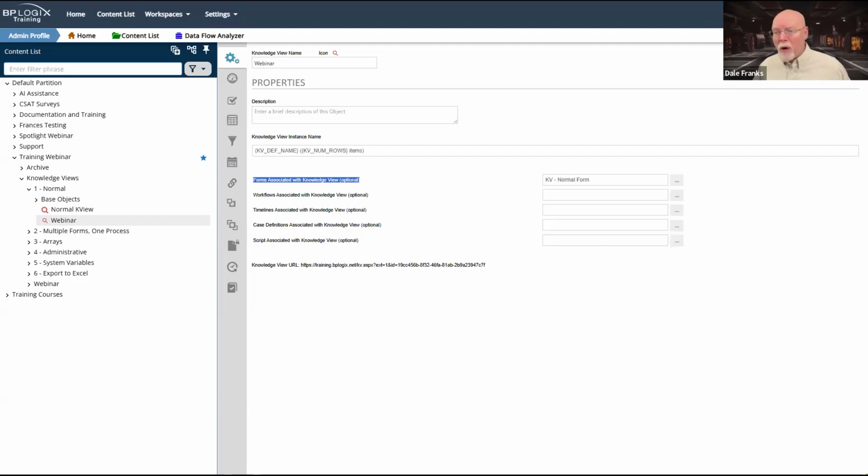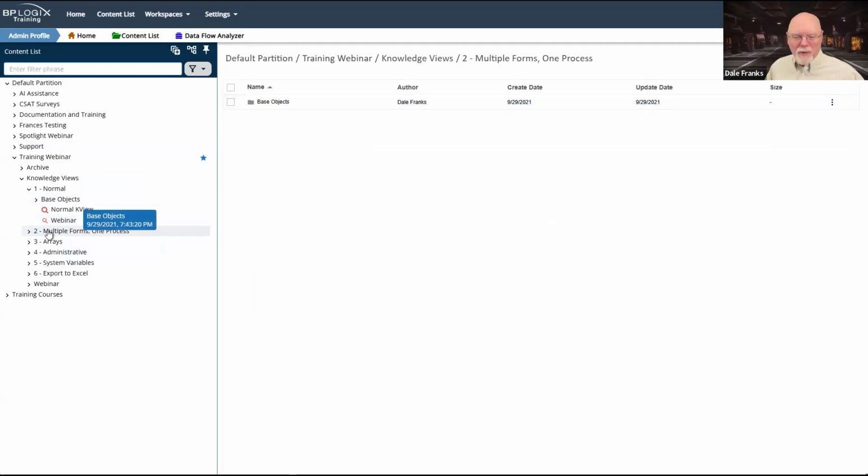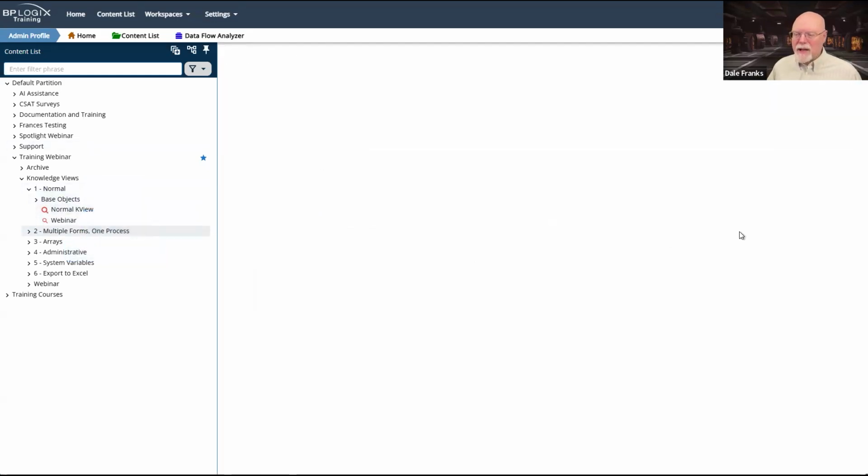So when you pull the form instance, you are in effect also pulling the process timeline instance as well. So there's generally no reason to do anything other than return the form itself, and then you can pull timeline instance things as well in the knowledge view because that association already exists. So you only have to set up the form, except for this other use case of multiple forms in one process. We'll talk about that in a second.